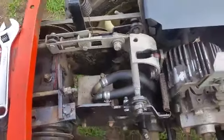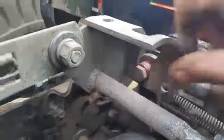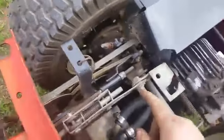Okay, so hang on. Okay, just so you can see that movement once again. That's all the way. Bottomed out in the travel on that slot. Okay, I made sure this went all the way forward so there's no binding anywhere, and you can tighten down that nut. Now when we bring this back to neutral,